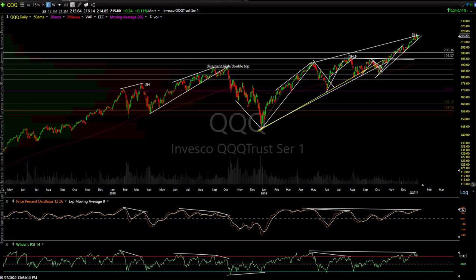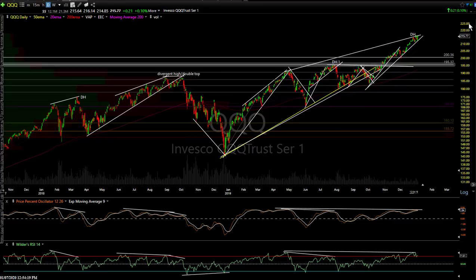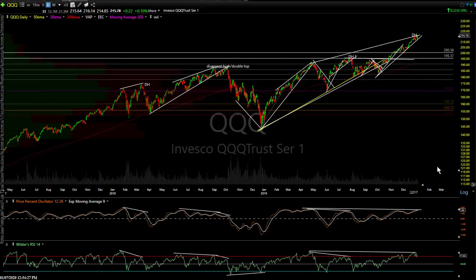All right, let's dive into the charts and start out here with the markets. Just a very brief overview, since there's not much to report since last night's update. Look, we're up 0.10%, so we're effectively flat on QQQ. What I would point out here, as we all know, this trend is extremely resilient, and all trends come to an end at some point.